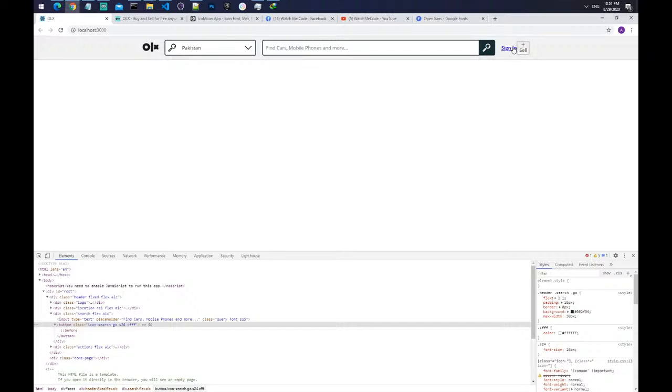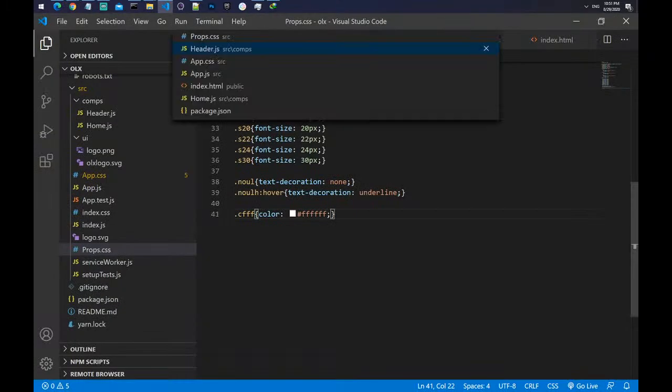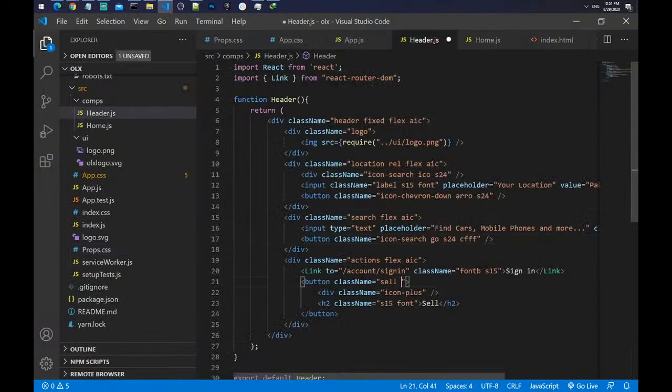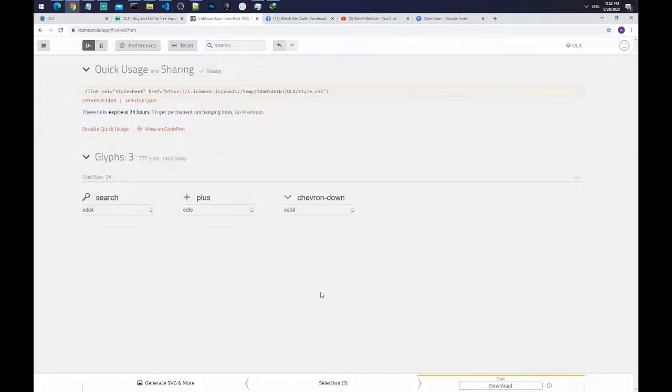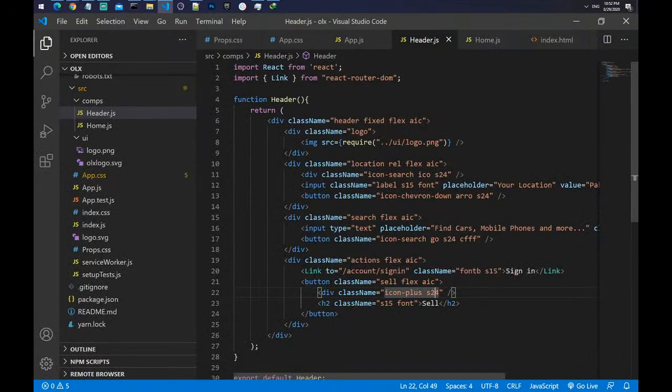Now we have the header ready, and we need to add these actions. So let's go inside the cell, add flex AIC, and for plus let's use S24. The reason I'm using the S24 size is because the Lindua icon set is 24 pixels grid base, so you can just use from 24 onwards, like 26, 28, 30, and it will work perfectly out of the box. So let's save